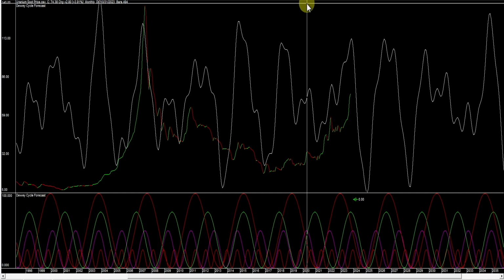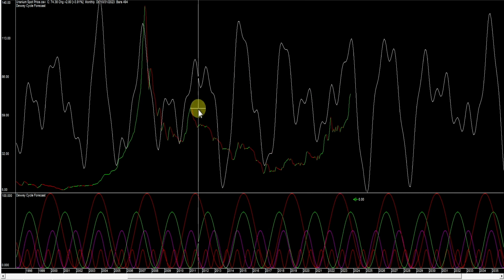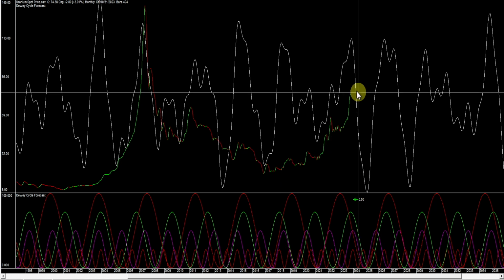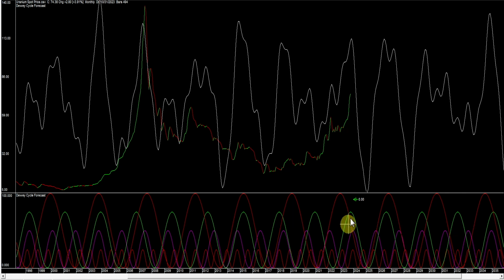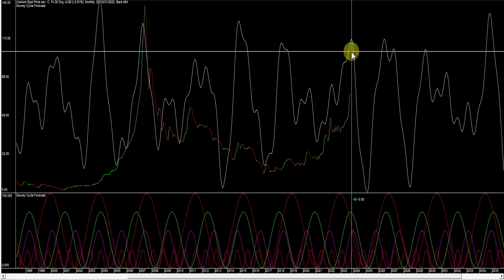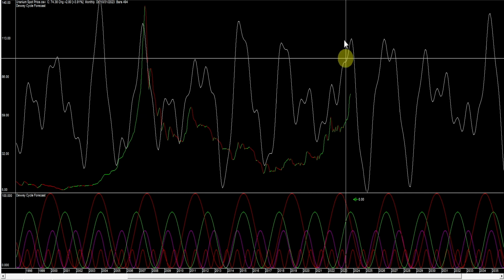Okay, before I got to the geometry chart, this is another software that I use. These are Dewey cycles. The white is the averages. And here's the price action. You can see that even the Dewey cycle is indicating some kind of turning point here. And these are the Dewey cycles all separate, and this is an average of all this down here, and it shows that it gets toppy somewhere around November 30th, and then it pulls back, goes down until January 31st of 2025, indicating that there